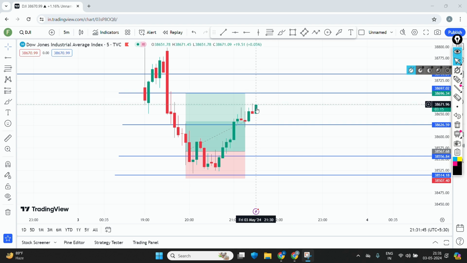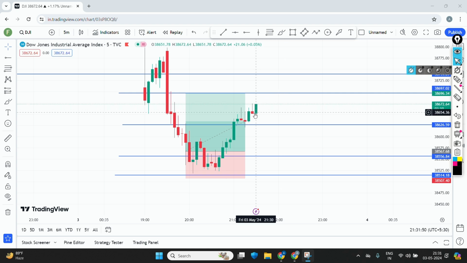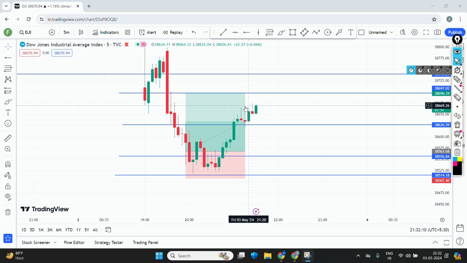Okay, so if this running candle closes above this candle, then we are good to go for our pending target. If the market doesn't do that, if it comes down and breaks the low, then we have to exit exactly here. As soon as the market comes down and closes below this candle, it will continue to the downside. Because the market consolidated here for a couple of minutes, if it takes rejection from this zone, we have to exit here.